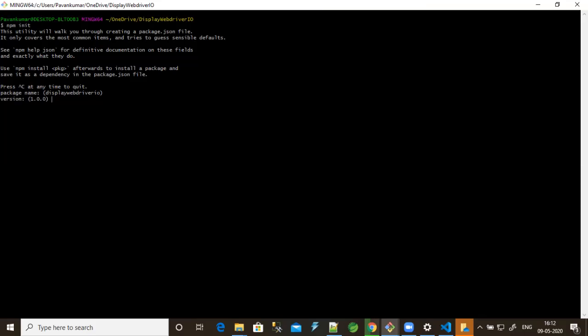The version we can mention, or I would like to take it as optional. For description, I'm going to mention test for web. Entry point I'm going to leave optional, and the test command needs to be wdio. If you have any repository, you can mention it here, or else leave it optional. Keywords I'm going to leave as default. Author, I'm going to mention my name.